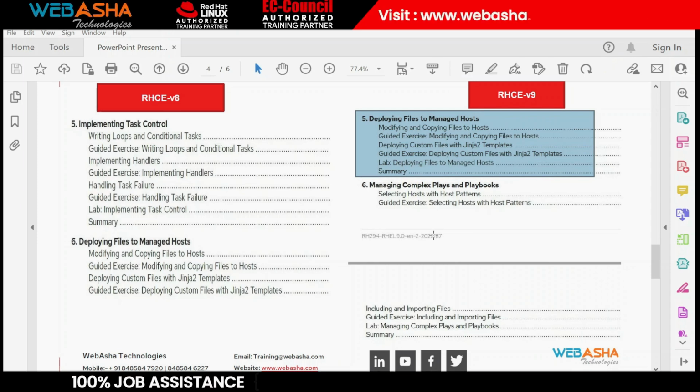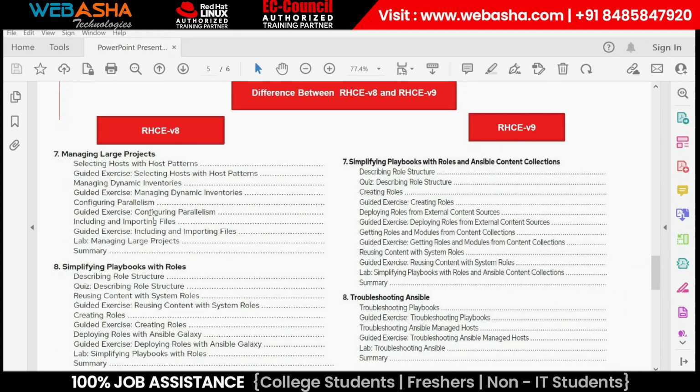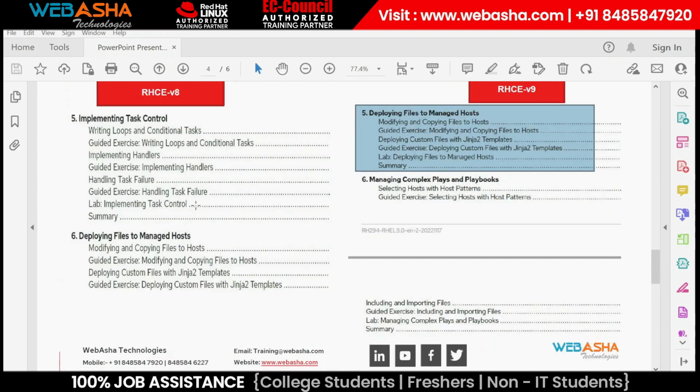The same thing is in the chapter. RHCE version 9, chapter number 6, covers how you can select the host pattern. In this particular version we have chapter number 7, but in version 9 we have chapter number 6, where we can